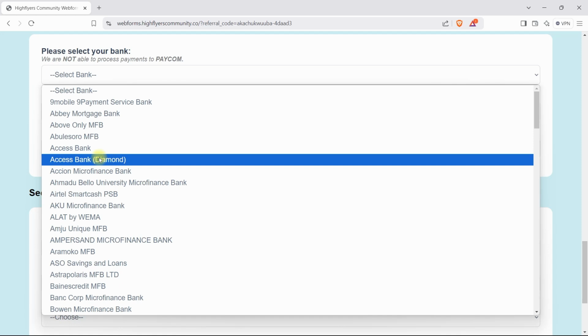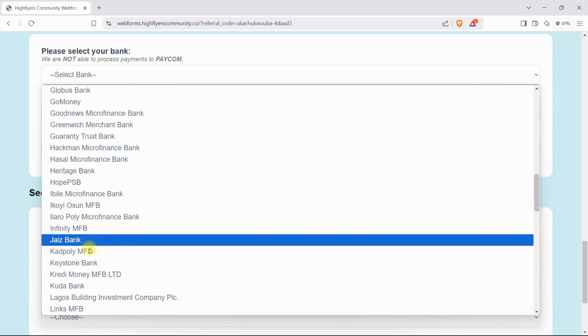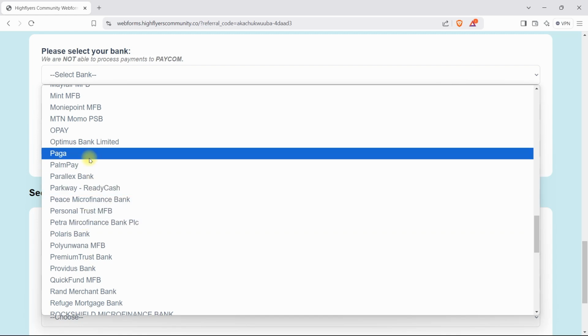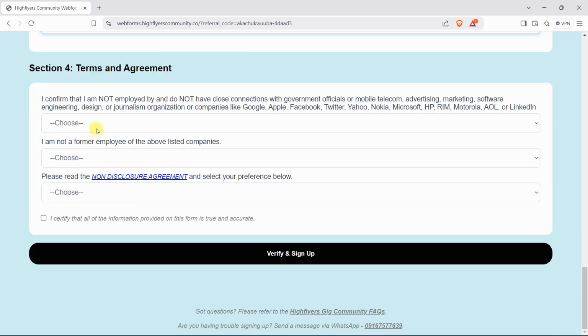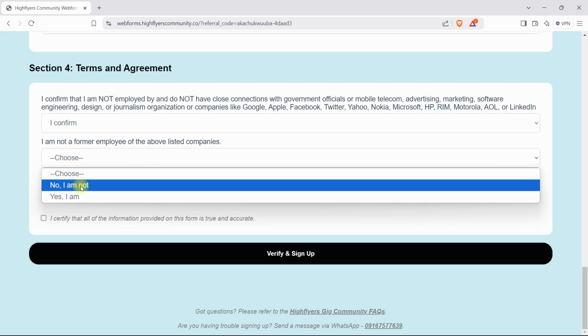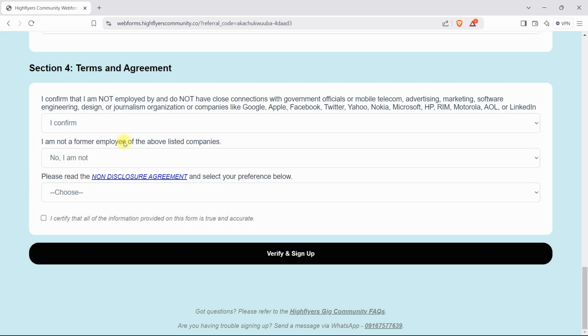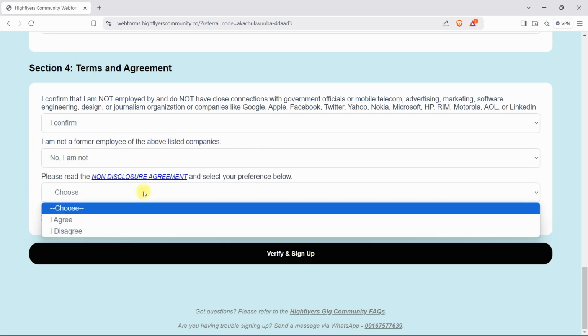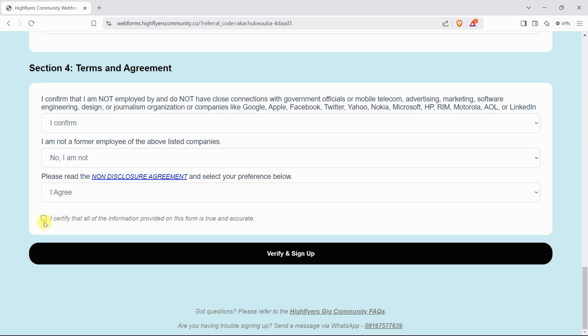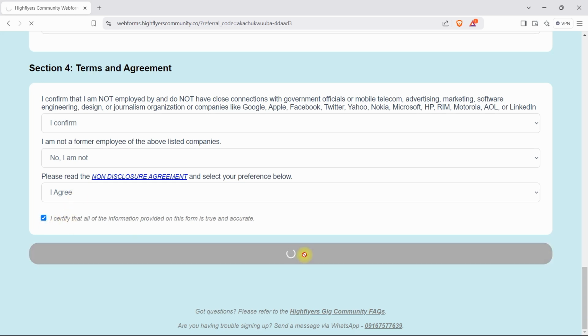Paycom is OPay, so you choose another bank. So for me, let me choose. Then you agree to terms and conditions. Choose I confirm. No, I am not. I agree. I certify, or click verify and sign up.